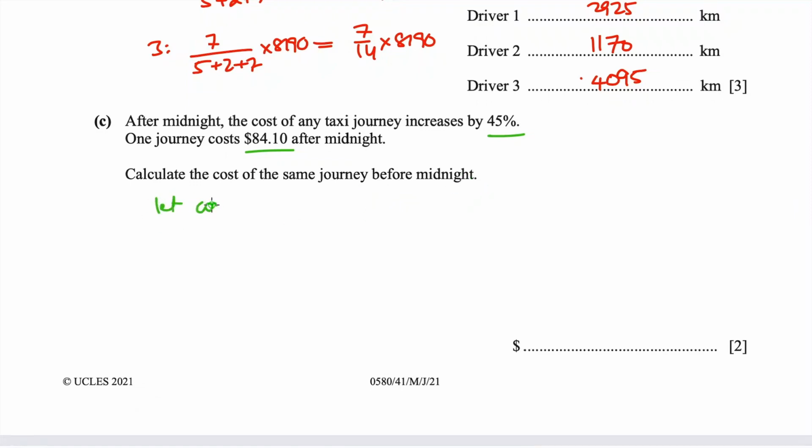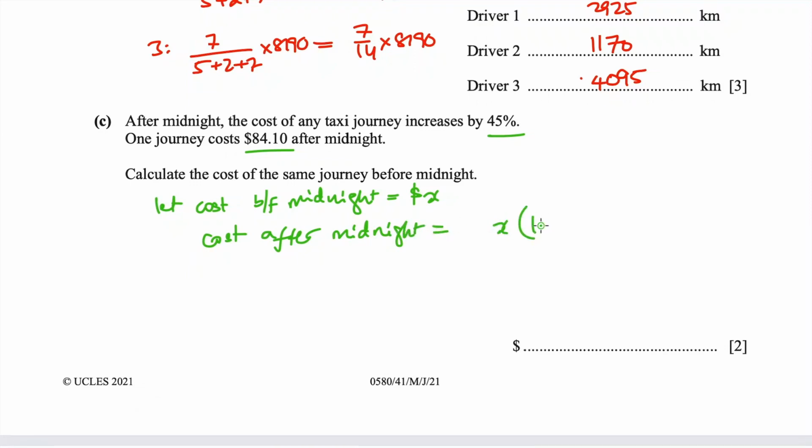So let the cost before midnight be equal to x. And so cost after midnight would be x into the increase, 45 by 100. When I take the percentage as a fraction, it is 1 plus 45 by 100. So I can say that this is equal to 145 by 100 or 29x by 20. So what is given there? 29x by 20